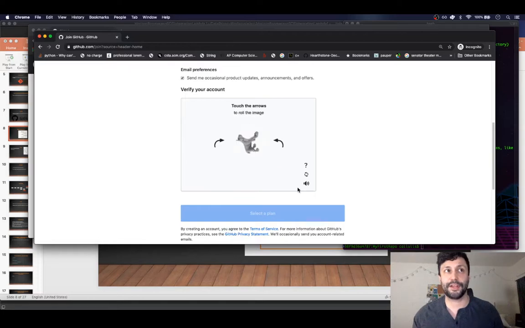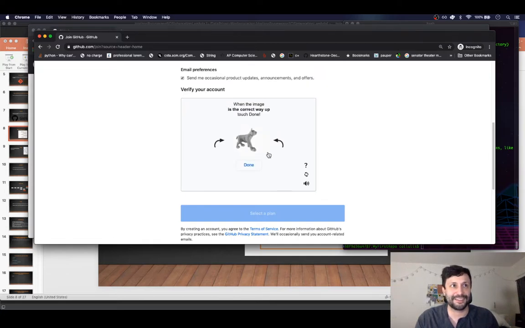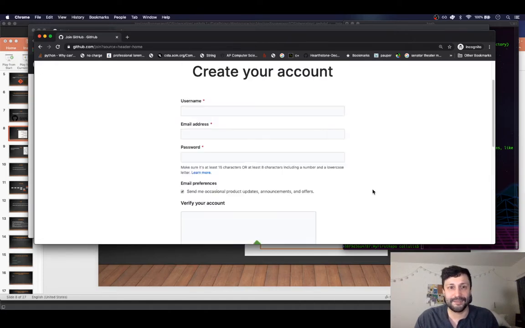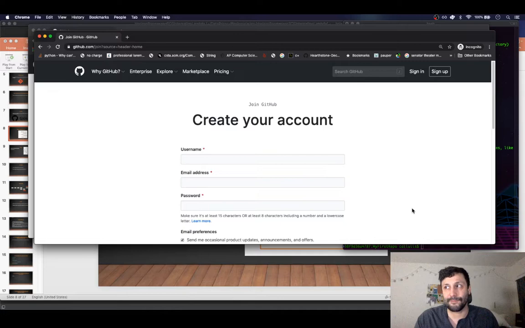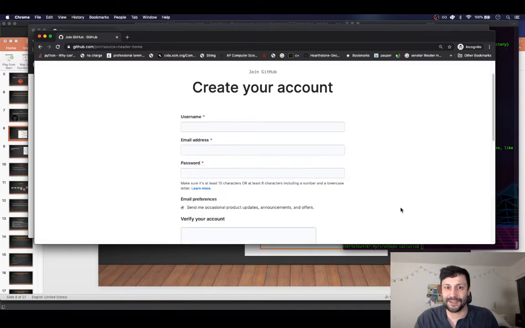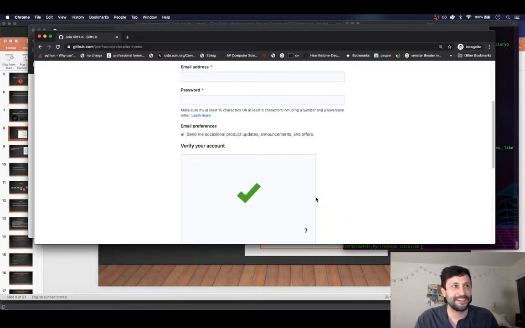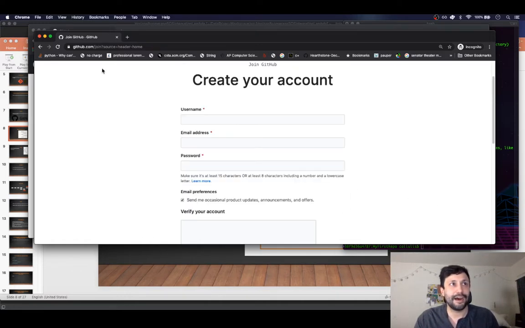They had a really funny CAPTCHA, to verify that you're not a robot, where you have to rotate animals. It was the first time I've seen this particular CAPTCHA, and it amused me way more than it had any reason to. I just thought it was kind of funny. Web applications are becoming really sophisticated at telling whether or not you're a robot. I know if I was a robot, I'd have a really difficult time rotating a cat. Anyway, so